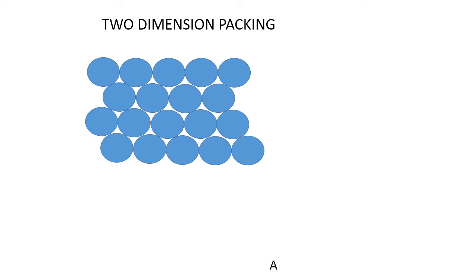Now let us name the layers. The first layer would be the A layer. Because the second layer has a different arrangement as that of the first layer, it would be named as B. The third layer resembles that of the A layer, and therefore it is called as A, and the fourth layer is called as the B layer. Such type of a two-dimension packing is also called as an AB-AB type arrangement.